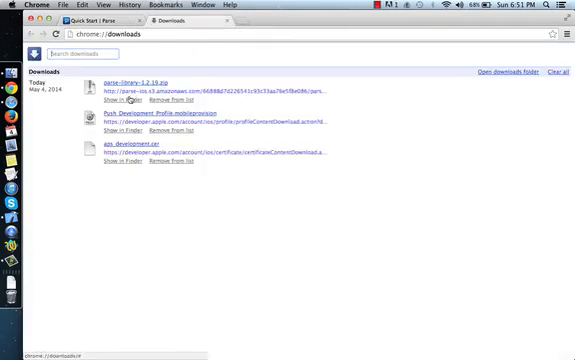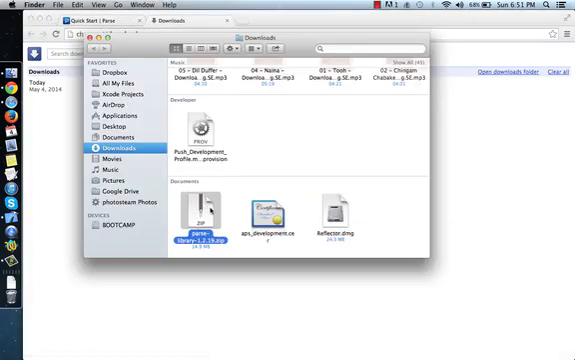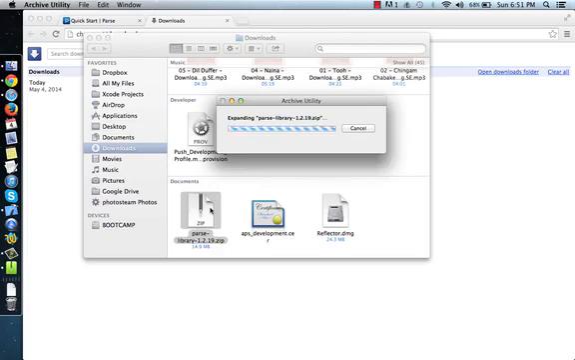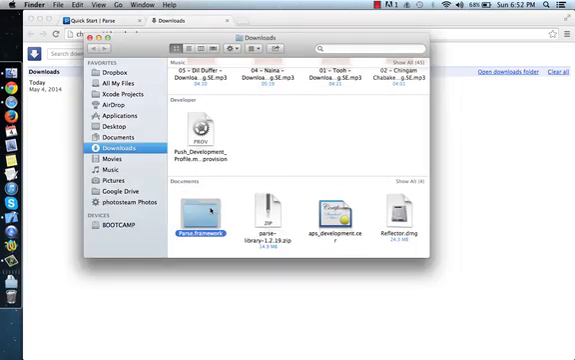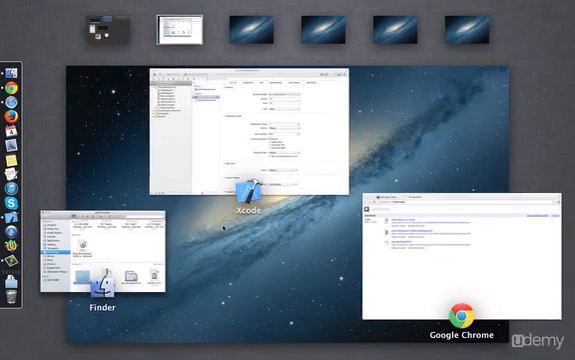Go to Downloads, unzip it. Once you unzip the file, you are able to see Parse.framework. I am going to add the Parse framework into the Frameworks group. So let's go to Xcode,